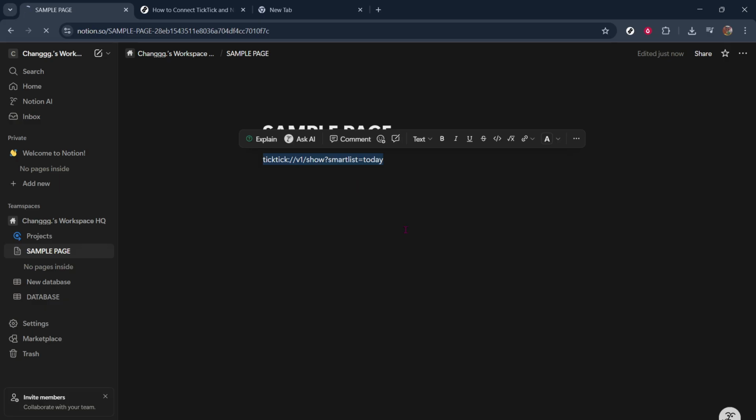Test the Zap by creating a new task in TickTick to see if it appears as intended in Notion. Doing this helps you verify everything is working perfectly and provides an opportunity to catch any errors before they disrupt your workflow. By following these simple steps, you've successfully connected TickTick and Notion through Zapier, enabling a more streamlined and